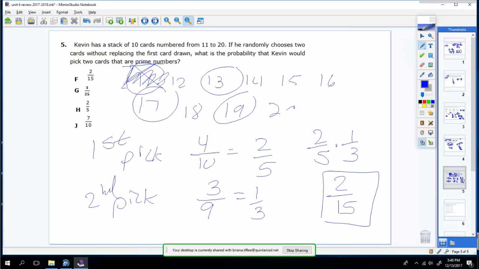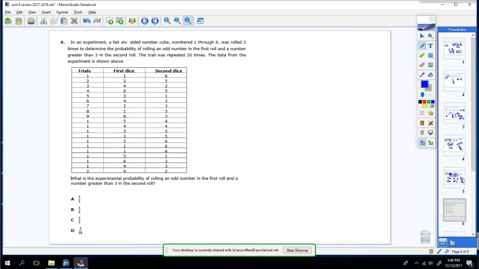Is it 2/15? Yep, right there. So the answer is F. Okay, next one. In an experiment, a fair six-sided number cube, numbers 1 through 6, was rolled 2 times to